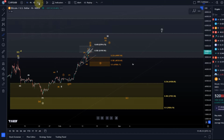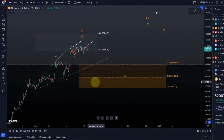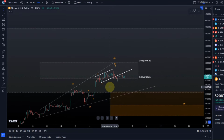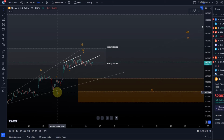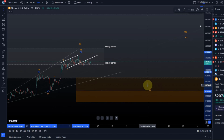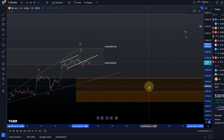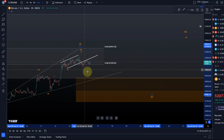So looking at the 30-minute chart, I'm not entirely sure what exactly is happening there. I think what is possible, obviously the idea was, maybe we get further extensions higher. Not sure what exactly this is, okay? It's possible that this is already circle wave 4. Maybe it's unfolding as a triangle. We need to let it play out. As I said, everything is just noise up here. A break below